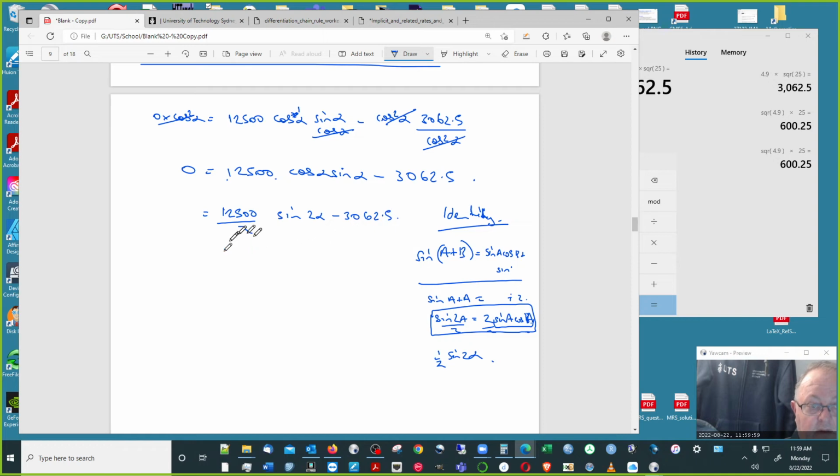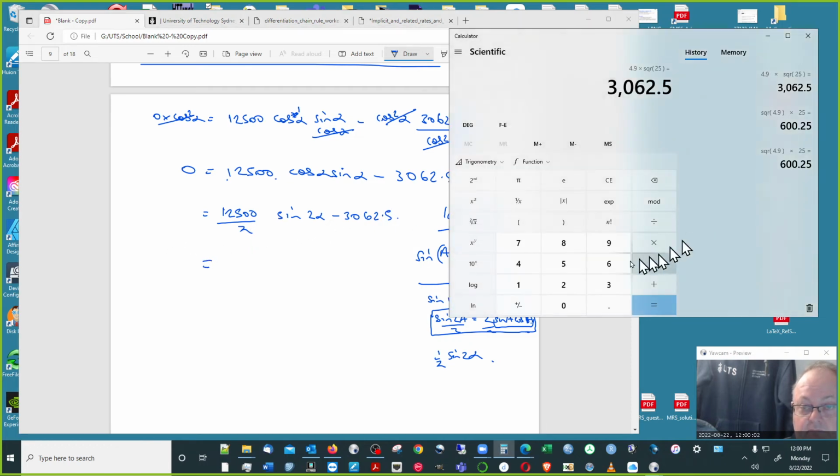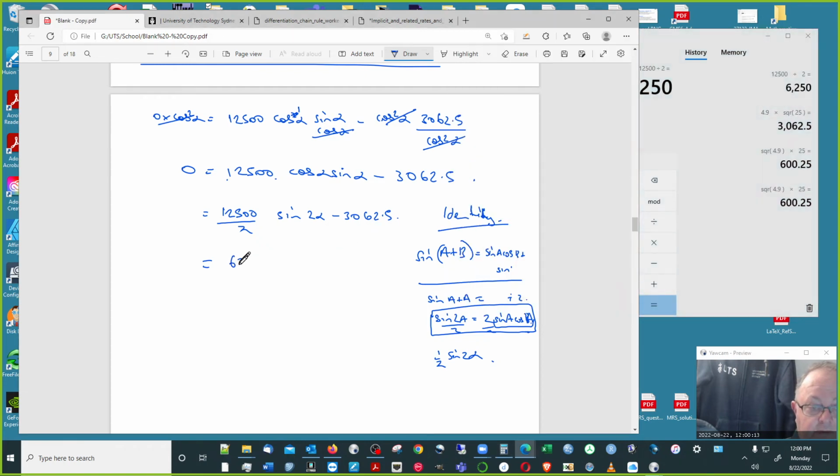That's a hard one. Okay, so half of 12.5 is $6,250. Alright, so we've got it down in terms of alpha and sine. So you just rearrange all of that. So add the 3062 to the other side, divide it by 62, so I'll leave that for you to figure out, but the double angle will be